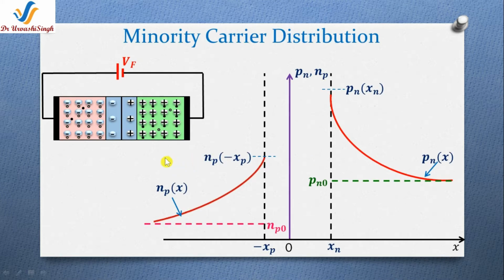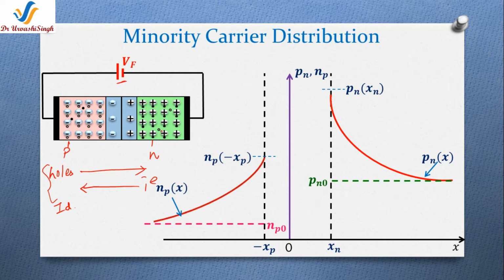So students, as you have seen in the PN junction diode, the holes are the majority carriers of the P material and electrons are the majority carriers of the N material. When a voltage VF is applied in such a way that it makes the diode forward biased, meaning the positive terminal is connected to the P side and the negative terminal to the N side, more holes penetrate into the N region, and similarly the electrons move from N to P side. This movement of the carriers constitutes a current, the diffusion current.